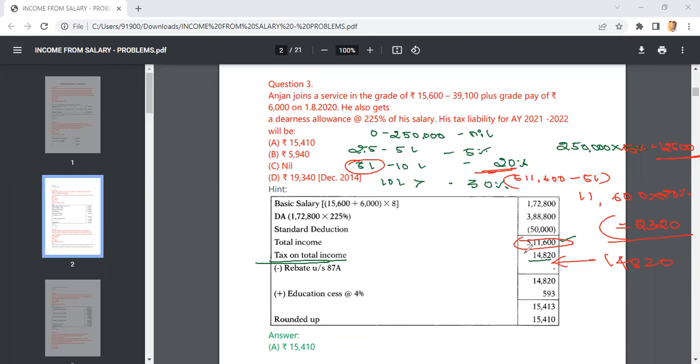And always you people will be getting confused with this calculation, but never get confused with this calculation. Again, I'll tell you: 0 to 2,50,000 nil, 2,50,000 to 5,00,000 5%, 5,00,000 to 10,00,000 20%, and 10,00,000 and more it is 30%. Since I have more than 5,00,000, so what I do? Ma'am, how did we get this 12,000 amount? Should we consider his basic salary? No. Irrespective of the amount, if your slab rate is over here, 5,00,000 to 10,00,000, here only we'll get